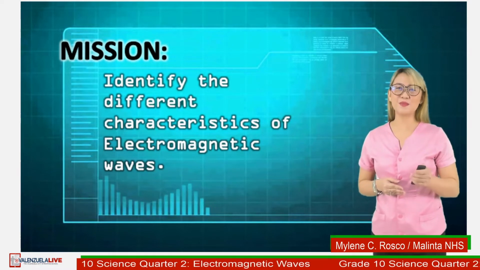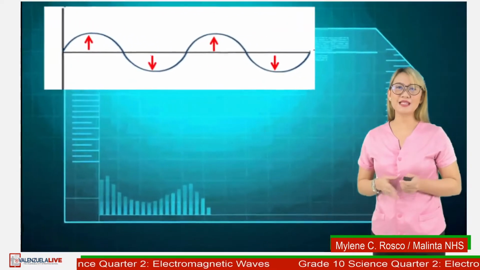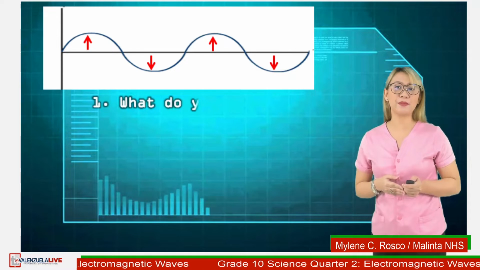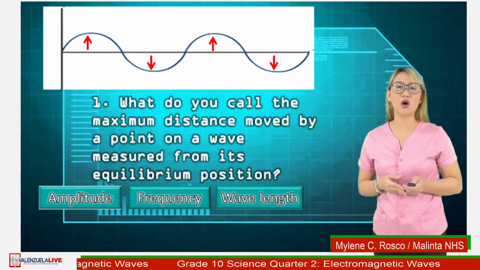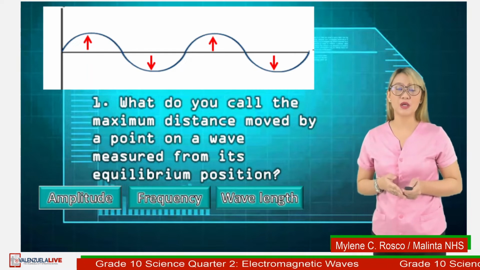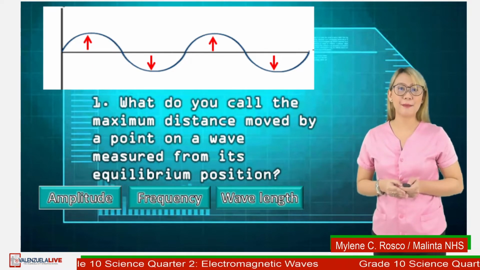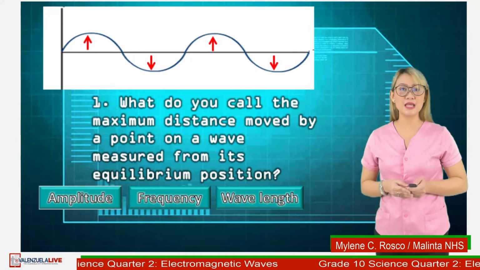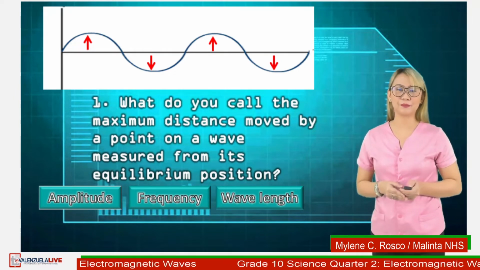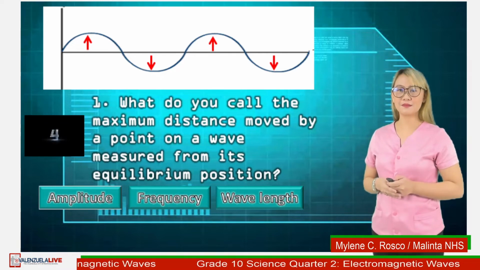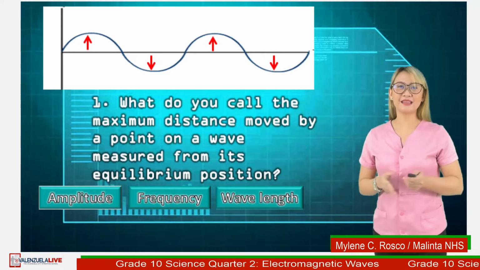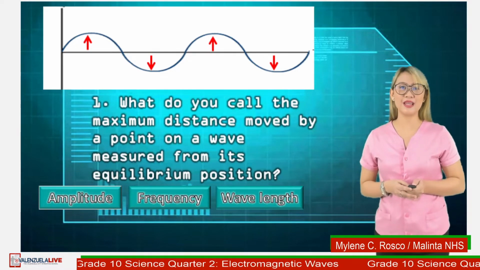Okay, so let's begin. Let's have question number 1. What do you call the maximum distance moved by a point on a wave, measured from its equilibrium position? Choices are amplitude, frequency, and wavelength. 5 seconds, go. All right, time is up. The correct answer is